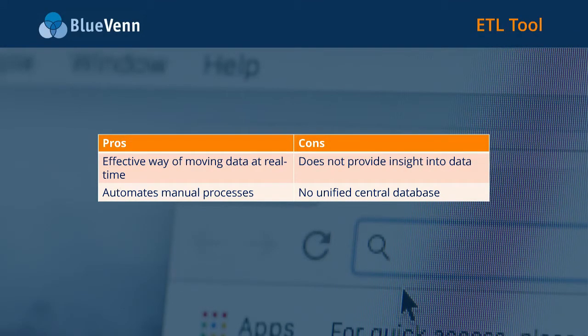Now we come on to ETL tools, or extract, transform and loading tools. And I've heard many businesses refer to using an ETL tool as a way of automating a previously manual process of moving data around an organization, rather than a solution for the provision of a unified customer profile or record. Now, while extracting data from disparate systems, transforming its format and structure prior to loading it into another system absolutely